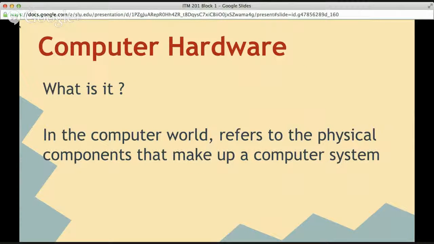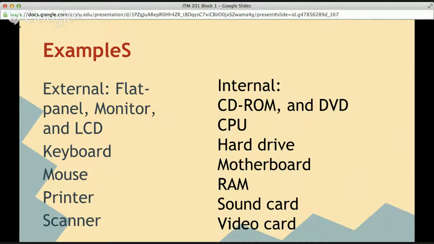The third one I want to mention is computer hardware. Computer hardware has a very simple explanation. It's just the physical components that make up a computer system. However, it can be divided into 2 parts, external and internal hardware. There are examples for the internal and external hardware. Keyboard, mouse, and printer are external ones, and hard drive and motherboard belong to the internal.